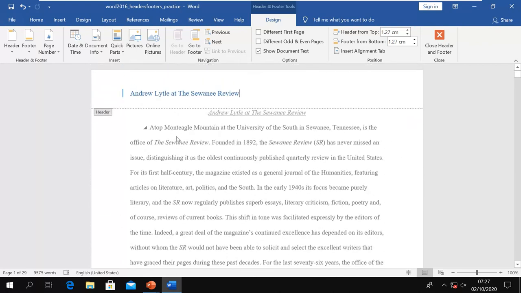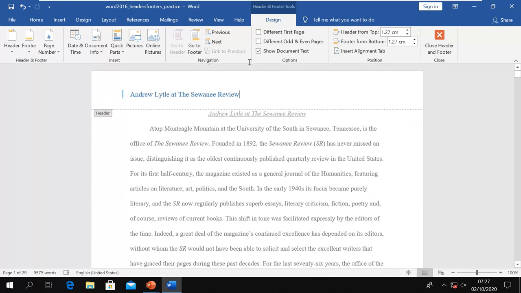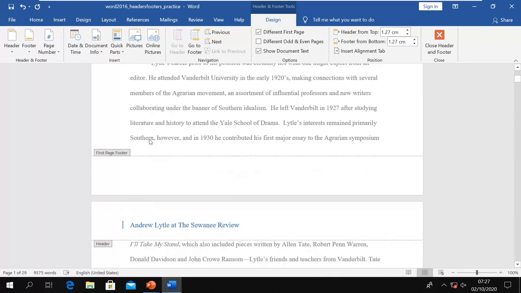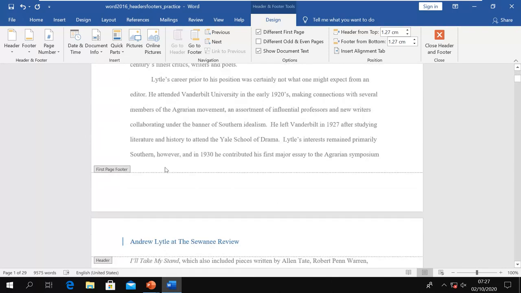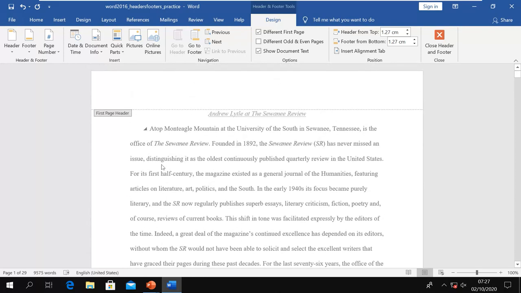So if I don't want it, if it is my cover page, I can click here and you can see it is not available now. It is saying this is your first page header, and it could be a different header we can have. And in the second pages and the other pages we have the normal header. So we can remove it. It is not really removing, it is just having a different header. So if you want it on the first page also, keep it there.